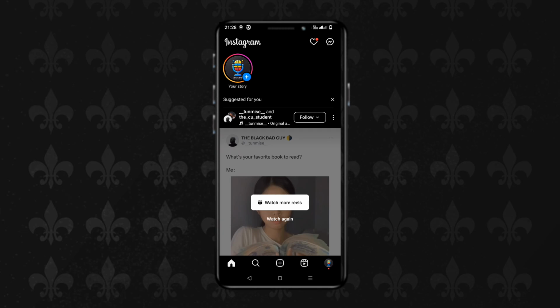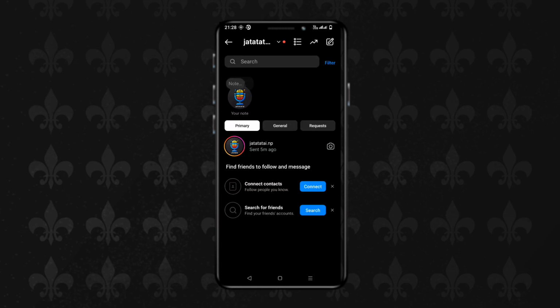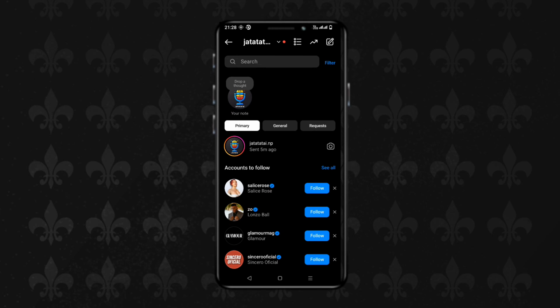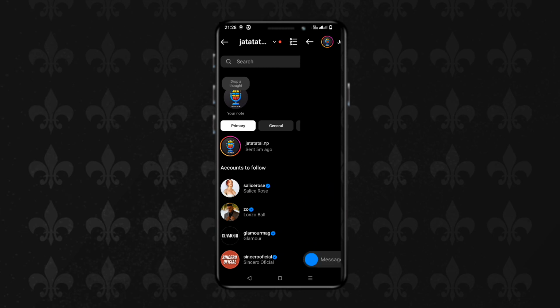Once you open up Instagram, you'll be on this home page of Instagram. Now on this page, on the top right corner of your screen, you'll see the messages option. Go ahead and click on it. Once you click on the messages option, now choose a person you want to send a one-time photo to. Now once you have chosen the person, go ahead and click on it and you will be on your chat